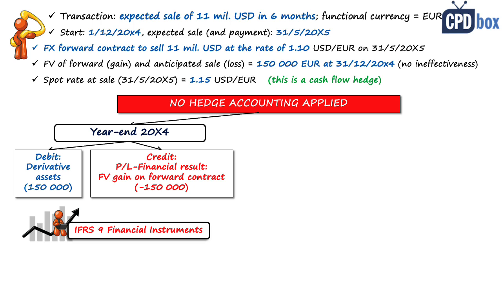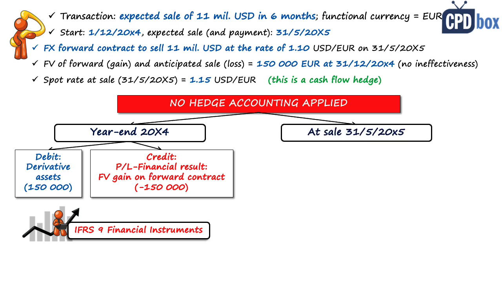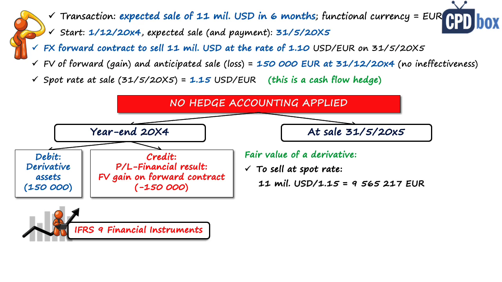Now, at the time of sale, let's assume that the sale really happens, but here we do not apply hedge accounting, so we just care about the derivative. Let's revalue the derivative first. So we need to calculate its fair value at the expiry or sale date. If we would need to sell 11 million US dollars at a spot rate of 115, we would receive 11 million US dollars divided by that rate,